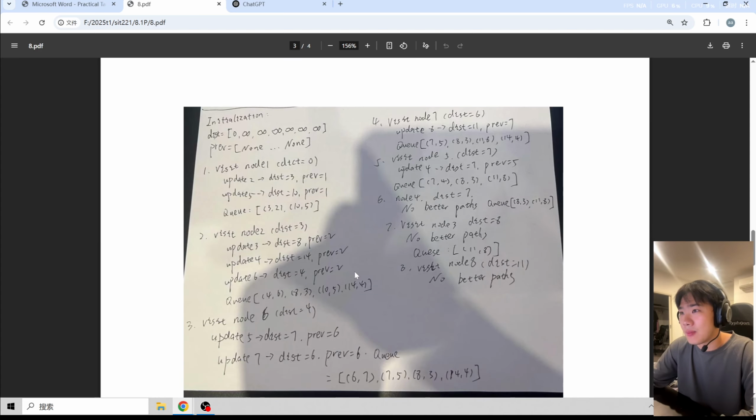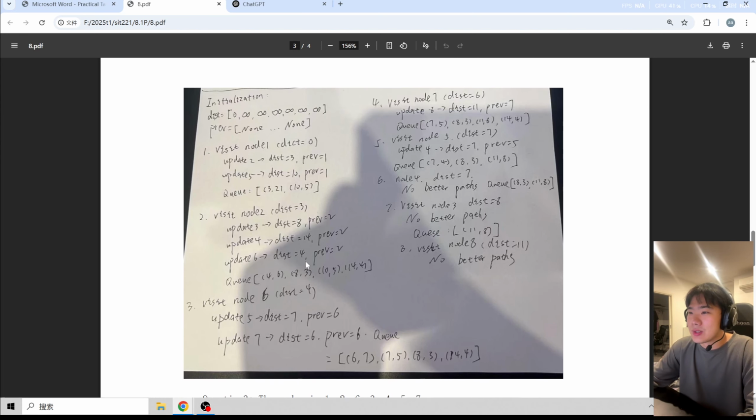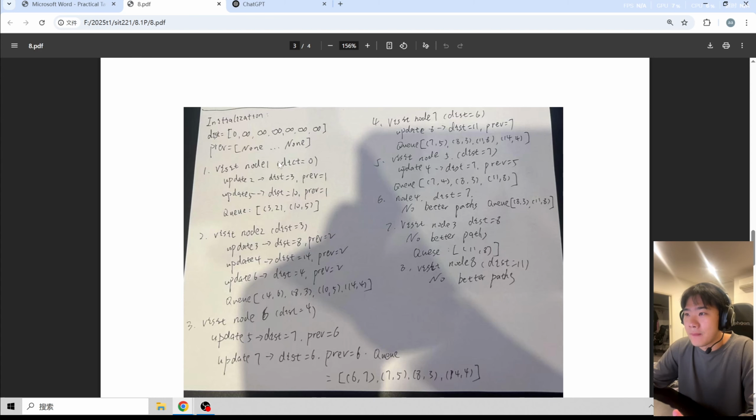And then move to the second question of that. So the initialization. So just simply step by step: 1, 2,